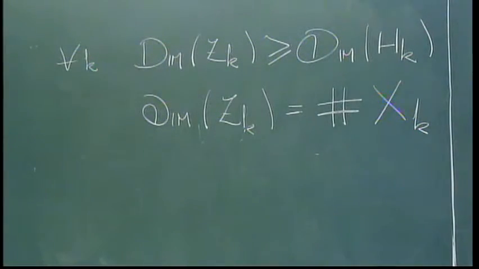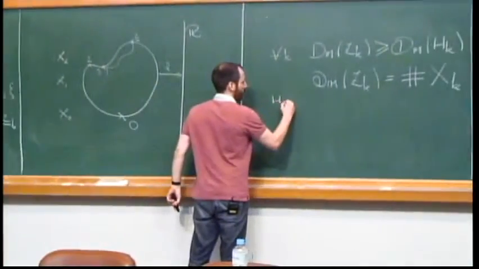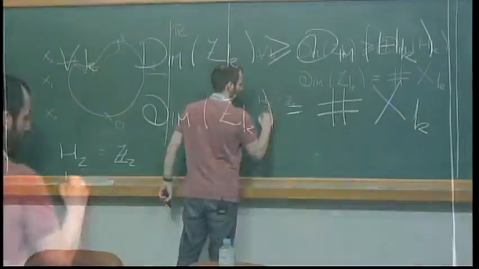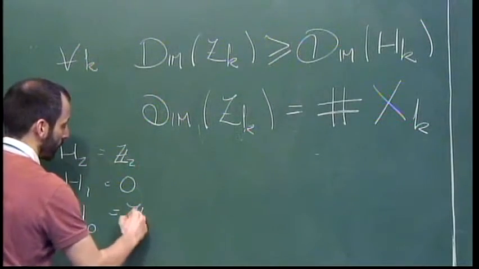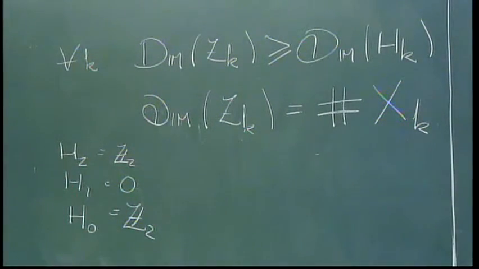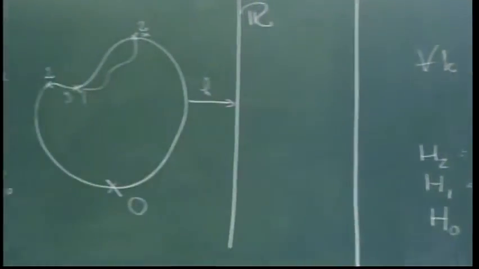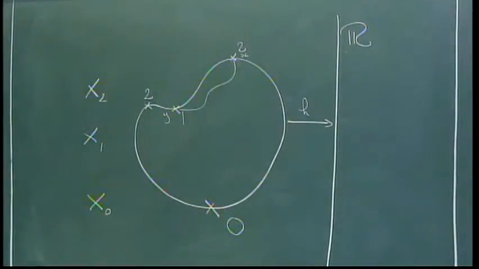So, for example, in this case here, we know that we're dealing with a sphere. The homology of the sphere is h2 equal to z2, h1 equal to 0, h0 equal to z2. This tells me then that for any Morse function, I have at least one critical point of index 2, at least one critical point of index 0, and I don't know anything else. And we see in this case I have 2 of index 2, 1 of index 1, 0 of index 0. How does this affect us? Why am I interested in this?